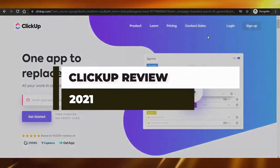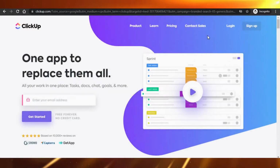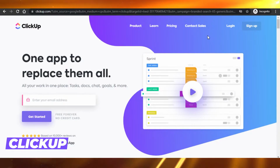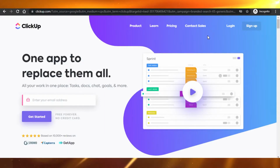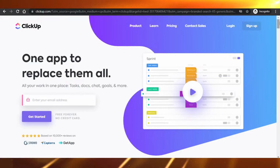Clickup Review 2021. Guys, if you are looking for any management app and you're discovering Clickup and you want to know if Clickup is your right choice in 2021, then this is an honest opinion for you, and I will tell you everything about Clickup and what features it offers in 2021 and should you use Clickup or not. So let's start. So guys, opening line, I would say Clickup is an amazing management app for you to use